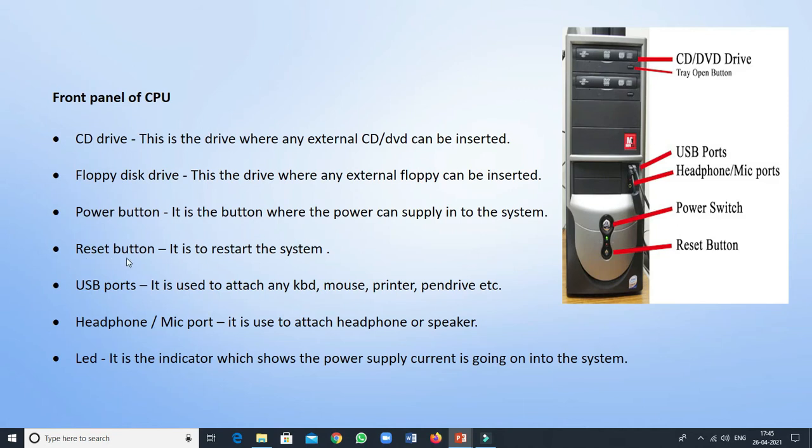Reset button is to restart the system. USB port is used to attach any keyboard, mouse, printer or pen drive. Headphone or mic port is used to attach headphones or speakers.